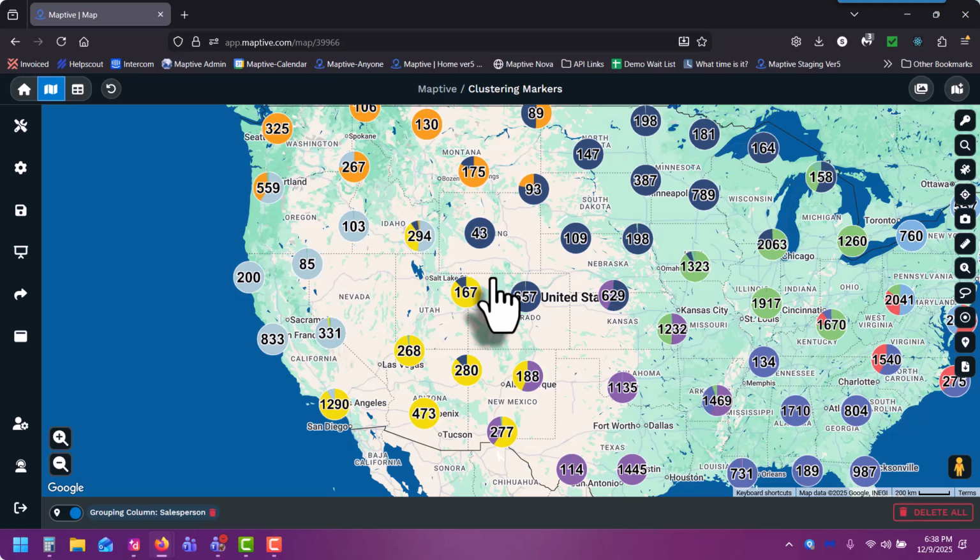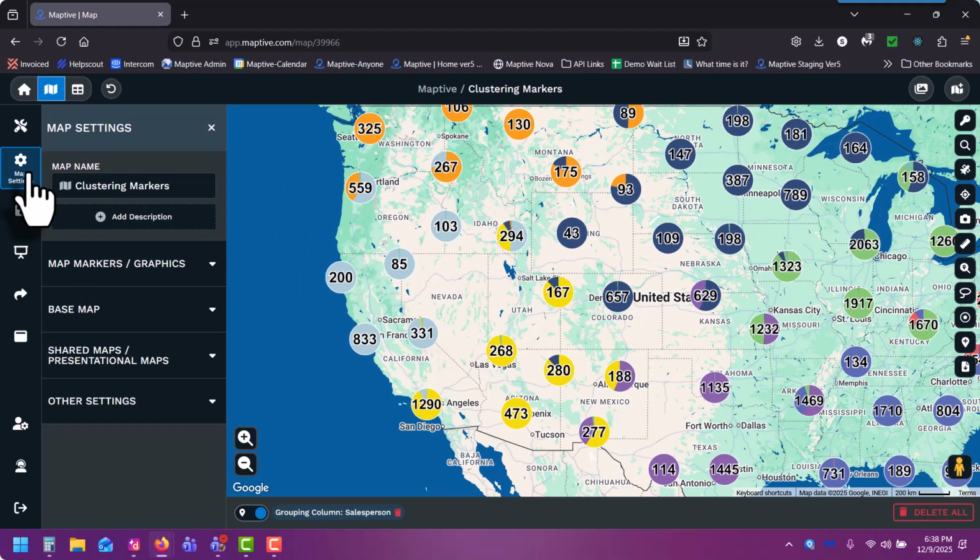Now, why did your markers cluster? This happens when you have more markers than your threshold allows. Let me explain. Now, on every map, we have a maximum number of locations, period. But